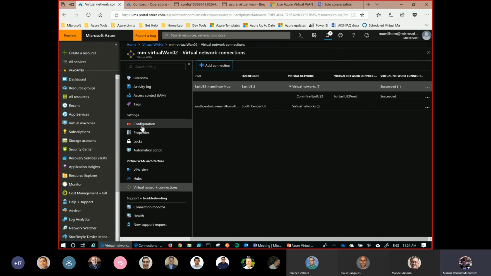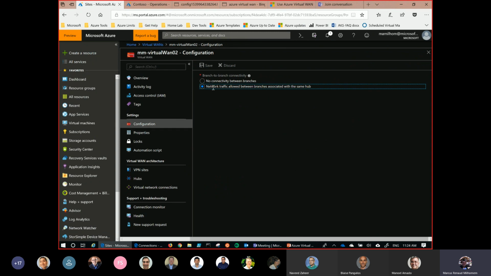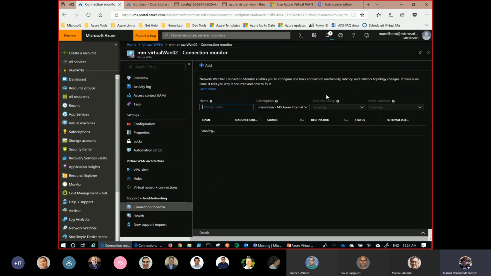If you come here to configuration, you're going to see that you have traffic allowed between branches and Azure, or you can just click over here and not allow connectivity between branches. So branches can talk to Azure, but cannot talk to each other, right? And after you did all of that in a couple clicks,